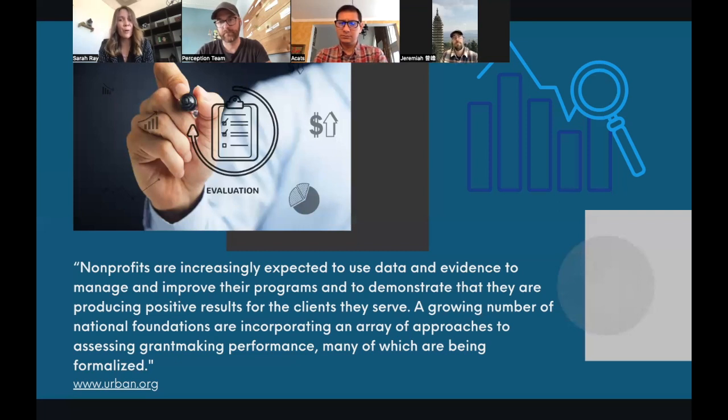Accountability is a huge component of it. Jeremiah, you're absolutely right. And as the slide suggests, nonprofits, whether they are secular or ministry focused, are being asked to be more accountable as time goes on. And they're expected to back up the claims of what they're doing in the field with actual data and evidence that shows that they are using donor funds in a way that is responsible or in alignment with how the